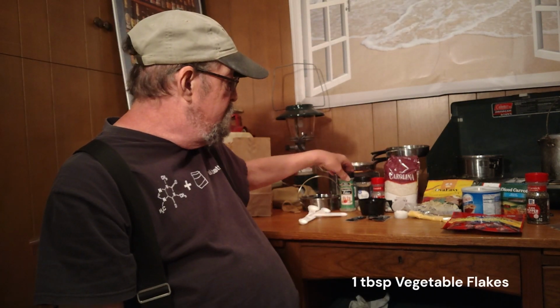We're going to put together the ingredients for the fried rice with beef teriyaki recipe. Now this is a relatively complex recipe and it has a number of ingredients. But to start, we're going to put the spices together, and to do that we need 1 tablespoon of vegetable flakes